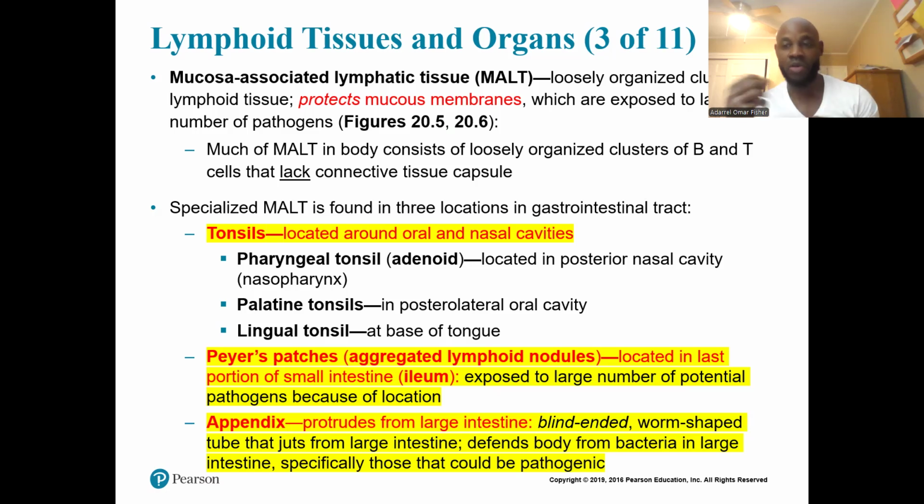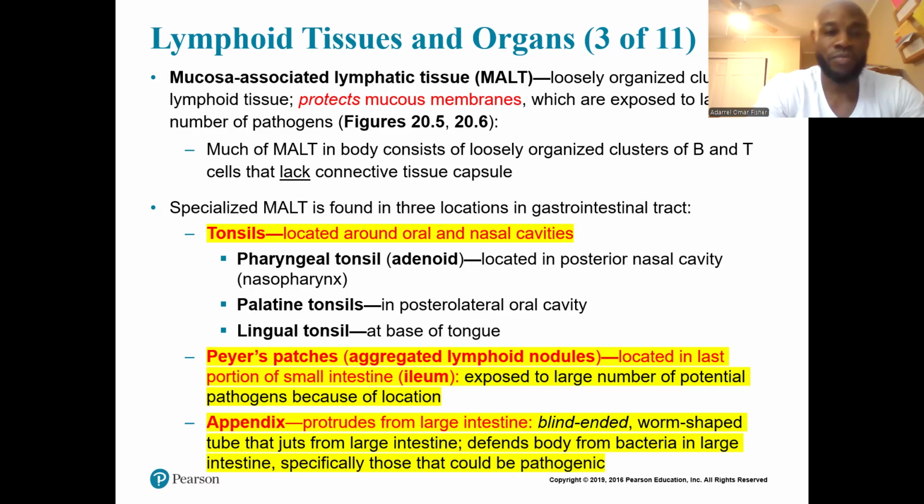The mouth as well. We're eating. Unfortunately, people put their fingers and their hands in their mouth. We're breathing around other people who may be sneezing or coughing, or just germs floating around in the air, bacteria, viruses can come in through the mouth. So where things could potentially enter is where are good places for us to have what is called MALT,